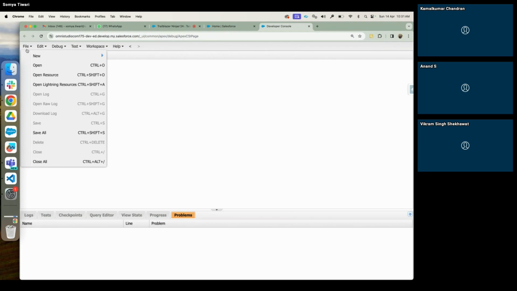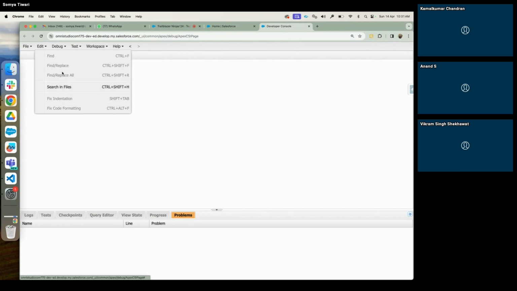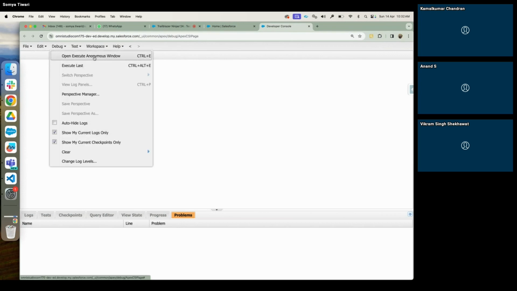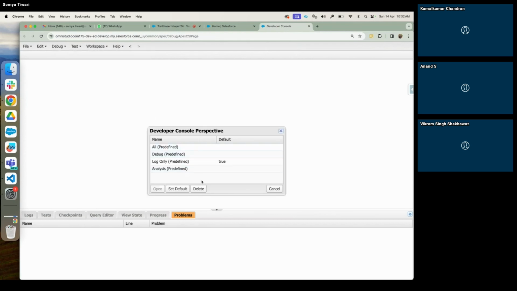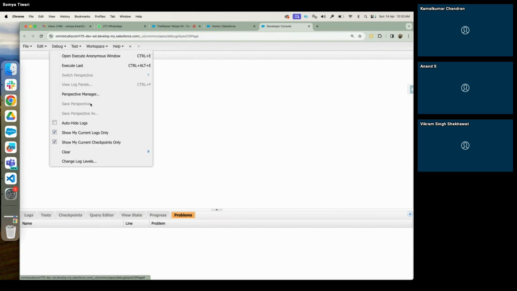At the top you have the menu bar. Over here you will get all the things like new, open, save all, etc. Here you will get search in files, find, replace all, etc. Then you have the debugging options over here: open execute anonymous window, execute last, perspective manager. Once we are going to debug, I will show you the perspective manager and what different kinds of perspectives you have. Auto hide logs, show my current logs only, show my current checkpoints only, clear log panel,